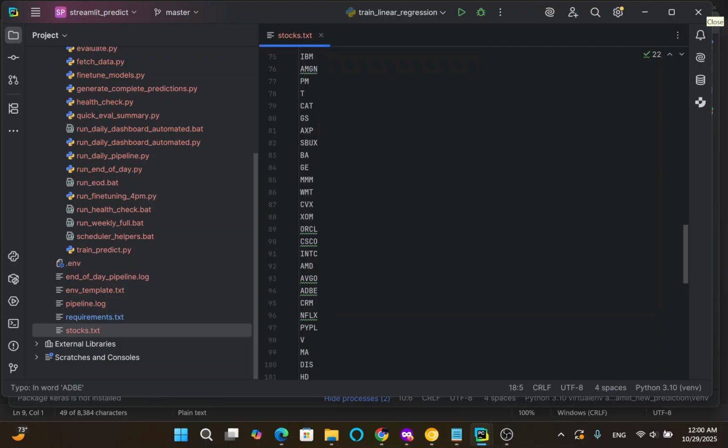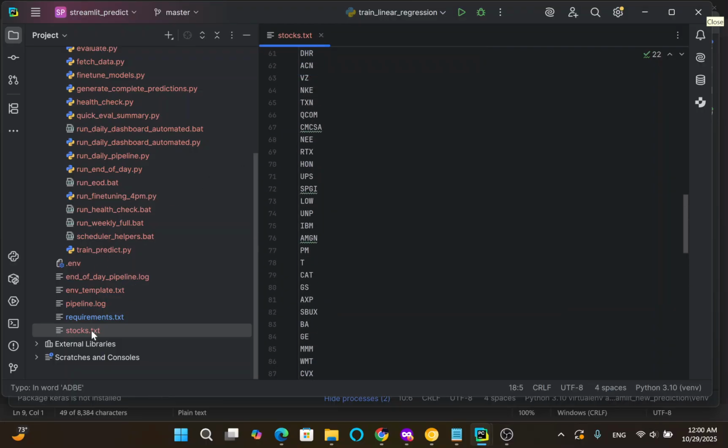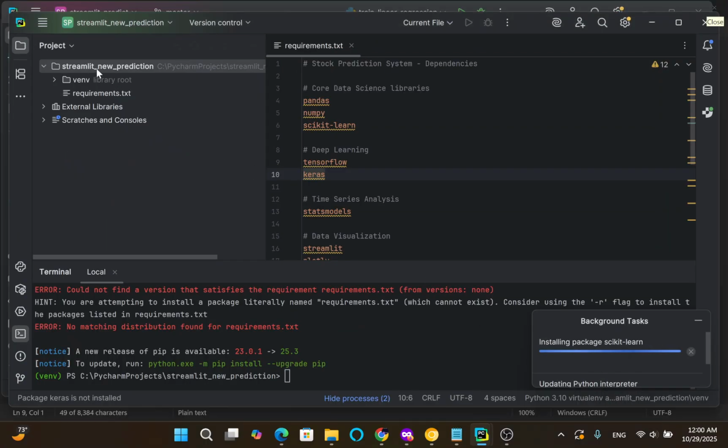So this will be our stocks.txt. While this is on, I will just make sure to copy this into our project, and again